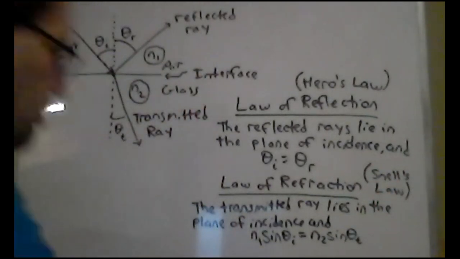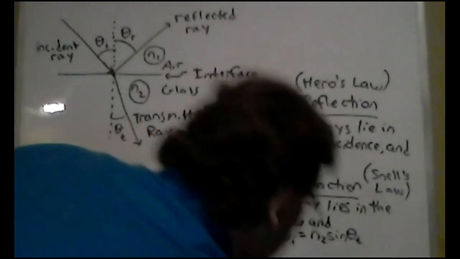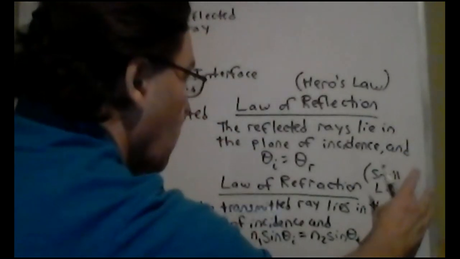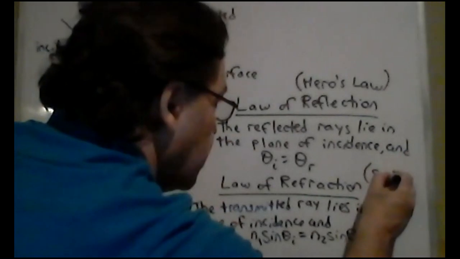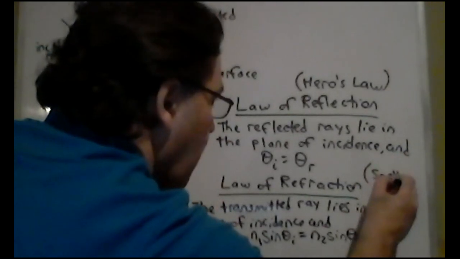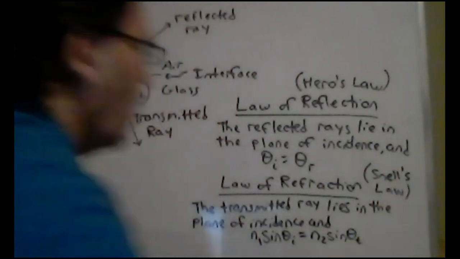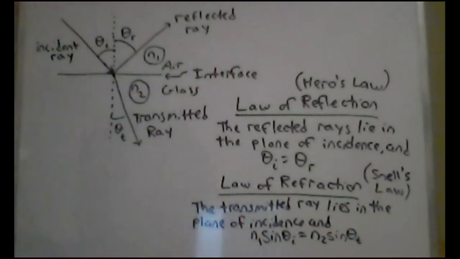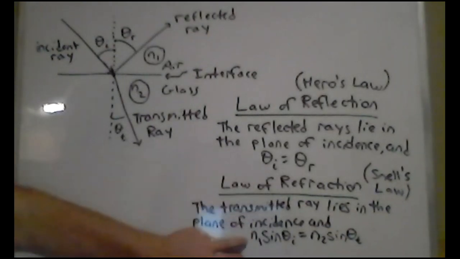This is oftentimes called Snell's law. We have Hero's law and Snell's law. You may see it written like that. All right, law of reflection, law of refraction. So again, theta sub I equals theta sub R, or N1 sine theta sub I is N2 sine theta sub